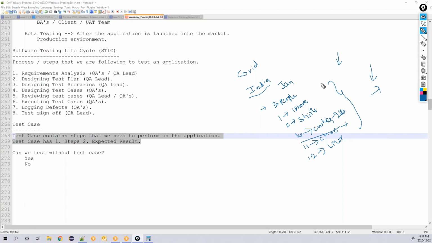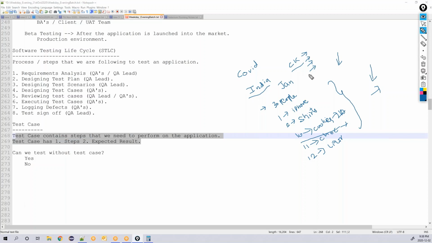Now what I'm trying to explain here is with this simple example. Suppose you have a checklist with you. With that checklist, you know which shop to go to, what items to be purchased, and 99.9% you will not miss any of the items to be purchased. If that item is not available, it's a different story. But if the item is available, you will not miss it.